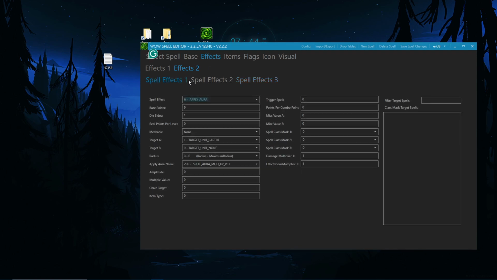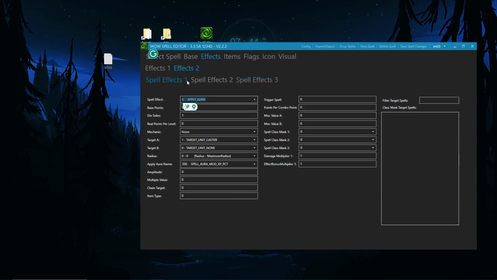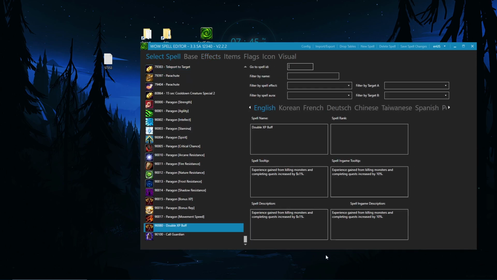The only thing we need to change, because we want to do it, is basically these numbers. So we want a double experience, so that would be 100% added on top of the normal experience gain. So we would type 99 and keep the 1 here. Next thing, we would type a 9 more here in spell effect 2, and that's basically it. That's all. Now we click save changes, and we go back to select,